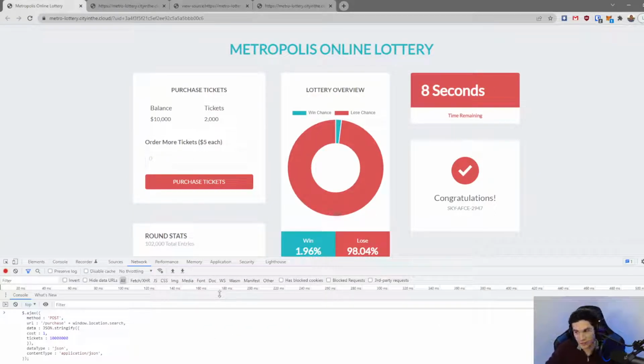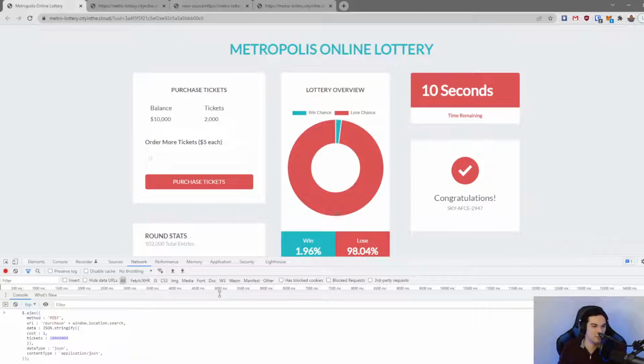The way that we have this challenge set up, I believe as long as you get a probability of like 80% or higher, you will quote unquote win the lottery and get the flag. And if you have less than that, you never get the flag. You're not going to automatically get the flag just by pure luck. You actually have to rig the lottery in order to win. But